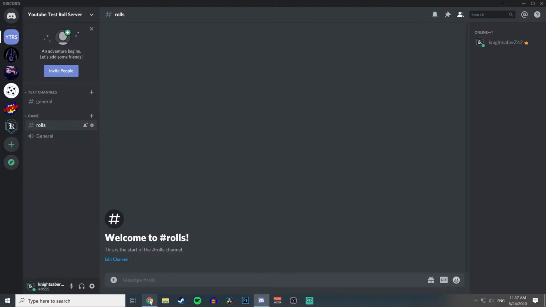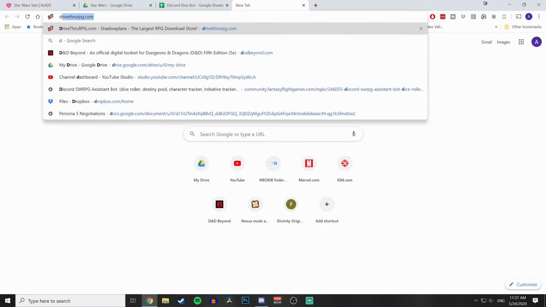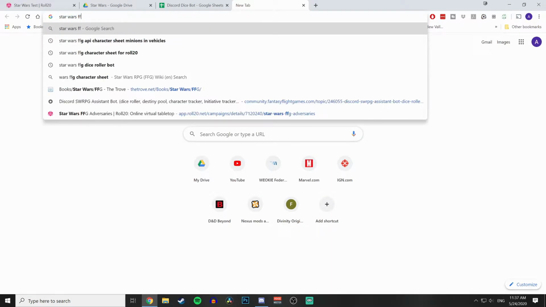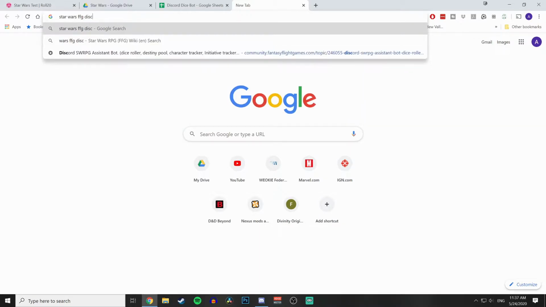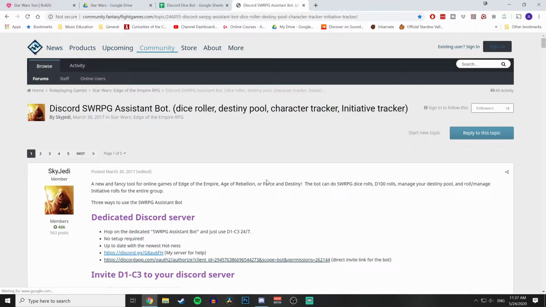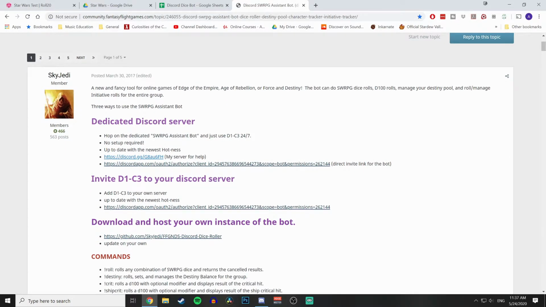Okay, so how do we get the Discord bot? Well, let's go ahead and do a quick search for that. Star Wars FFG Discord bot. And boom, Discord SWRPG assistant bot. This is the D1C3 bot. And what you're going to do, I would go here and invite the D1C3 to your Discord server. So if we click that,